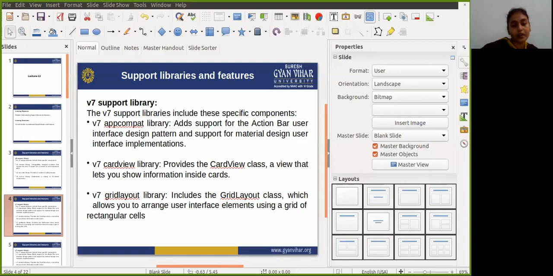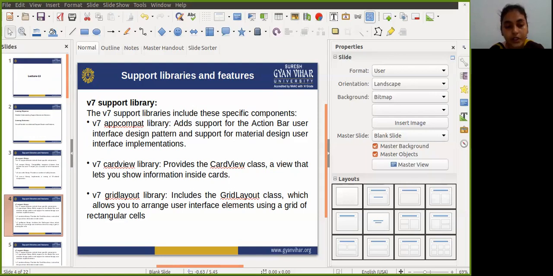It mainly provides the CardView class, a view that lets you show information inside a card. Version 7 means v7.